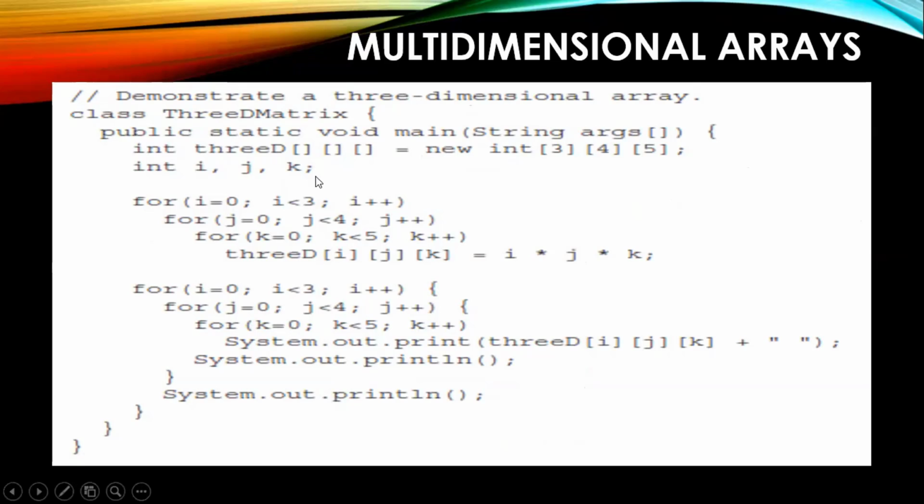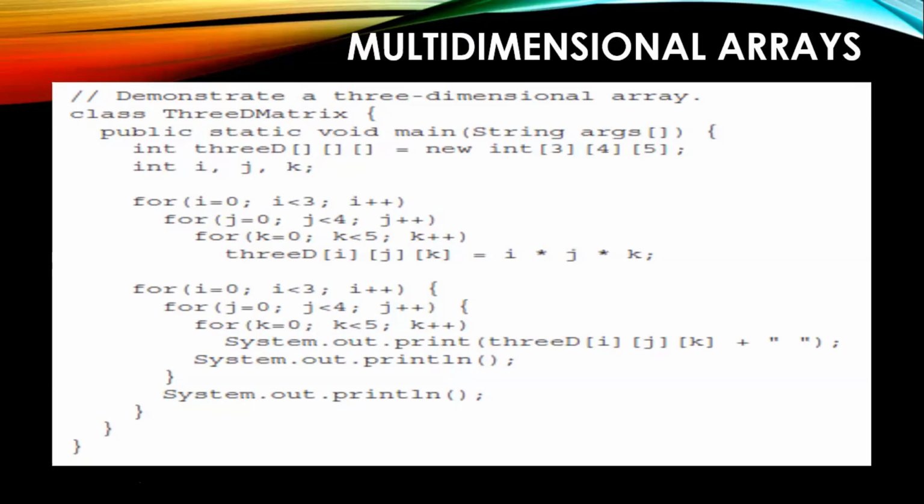You have something called a three-dimensional array. First of all, a two-dimensional array itself is confusing. Why are you talking about three-dimensional might be the answer, but this is a concept which is available. If you want to explore, you can look into this particular program. You will have three for loops instead of two. Inside this third for loop, you will be putting an element,